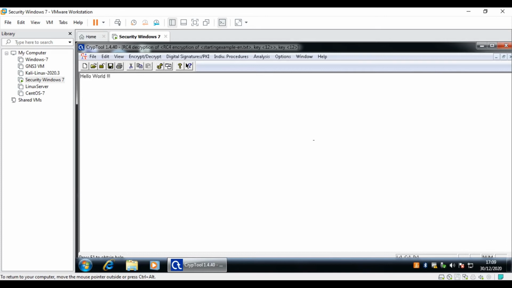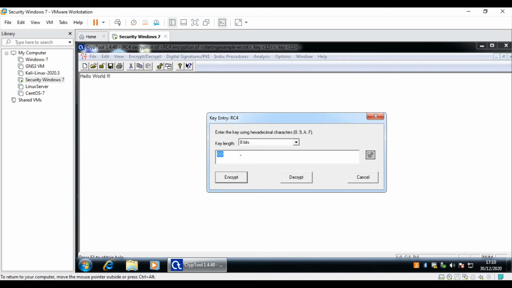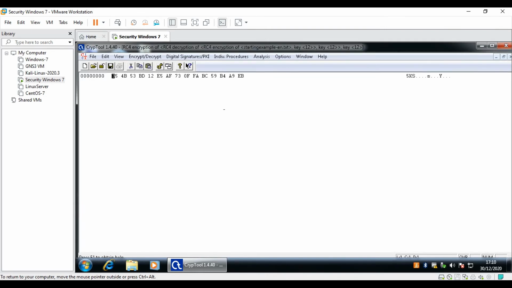In order to execute the attack on a stream ciphertext, first let me encrypt this using the RC4 cipher, 8-bit, for the sake of easiness. Now I use a password of 12, then I encrypt. And this is my encrypted ciphertext. And then I'm going to attack. In this case, we can use the analysis tab in order to attack the ciphertext.